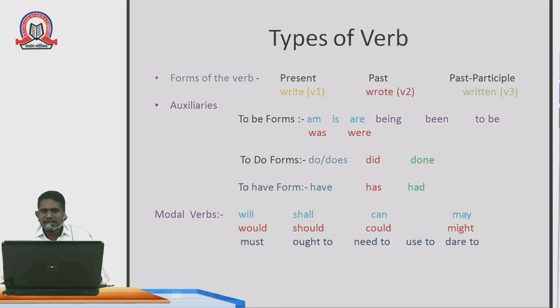Okay, now the same sentence, if I convert it into the simple past tense, I must use the second verb form, that is wrote. The sentence will be converted to: I wrote a poem. Okay, it is past tense now. If the same verb I use as a past participle, I must say: I have written a poem. Okay, I have written a poem.